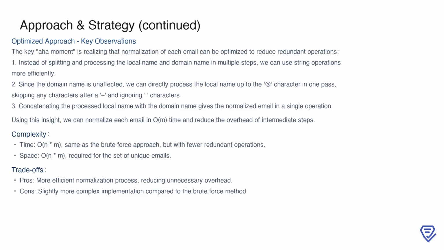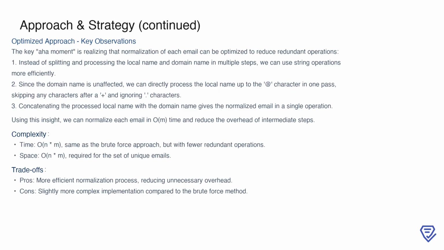This optimized approach achieves the same functionality as the brute force method but reduces unnecessary intermediate steps, making it more efficient. The overall time complexity remains O(n*m), but with fewer redundant operations, the actual runtime is improved. Space complexity also stays at O(n*m) for storing unique emails in a set. While this approach is slightly more complex to implement, it provides a cleaner and faster solution to the problem,